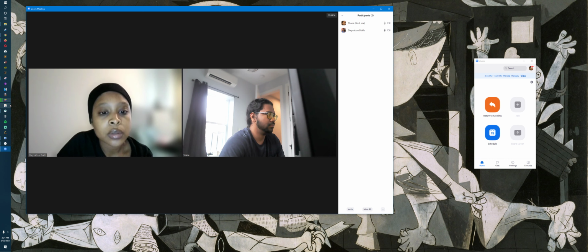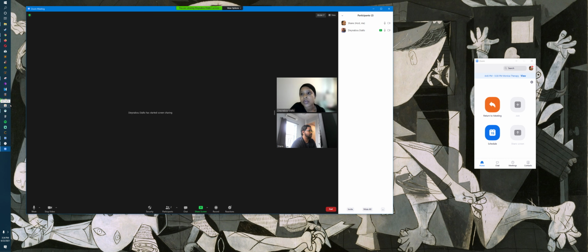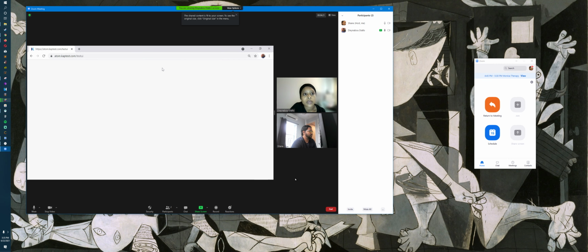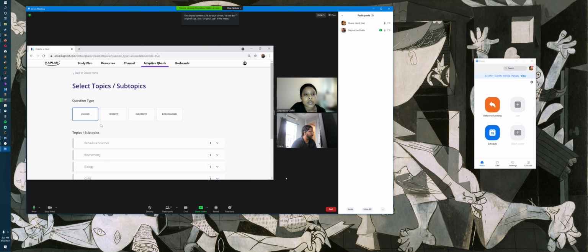I'll just share my screen. You want to do Kaplan ones? For CARS, I didn't know what other source to use because I wasn't going to start using AAMC until July. So I only have Kaplan, and I know you said NextStep doesn't have good CARS questions. The only CARS that is close to the MCAT is the AAMC material. I know you've done the question packs already, so I'm trying to think what would be the second best choice. It probably isn't Kaplan, but we could do behavioral sciences also,